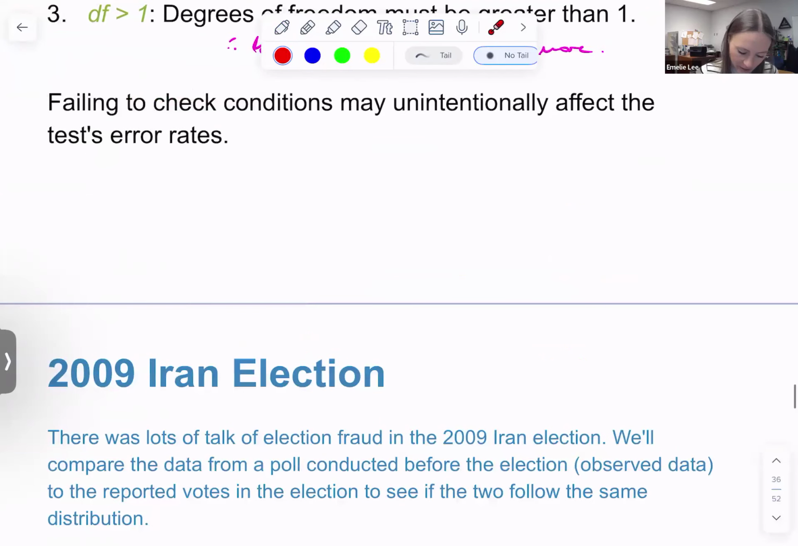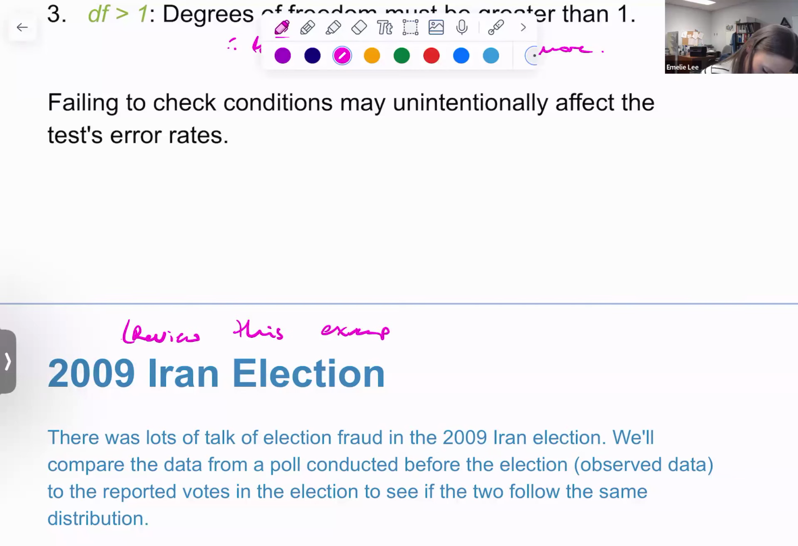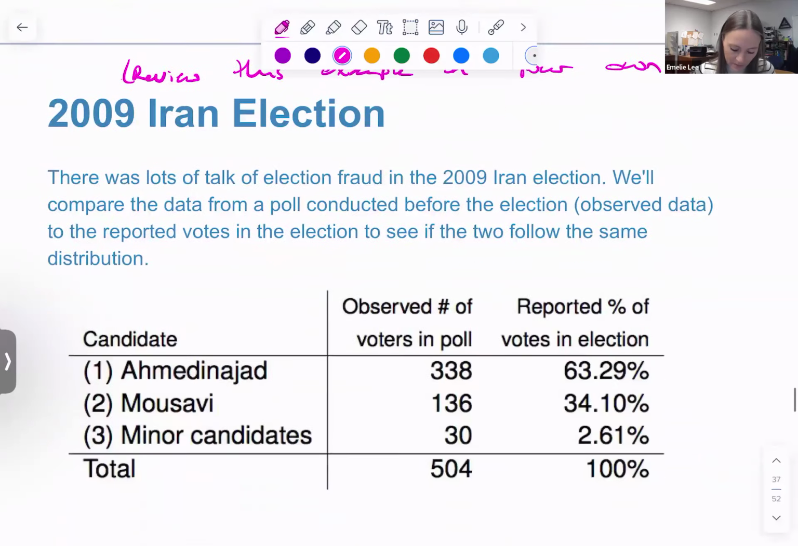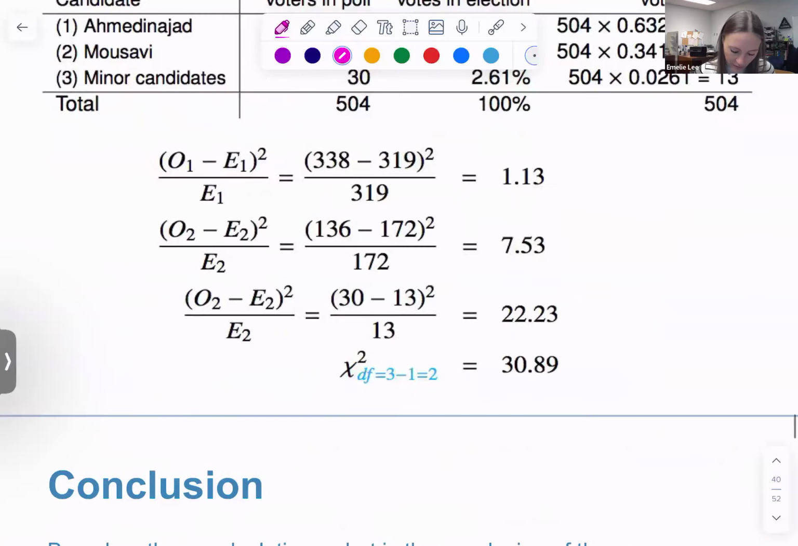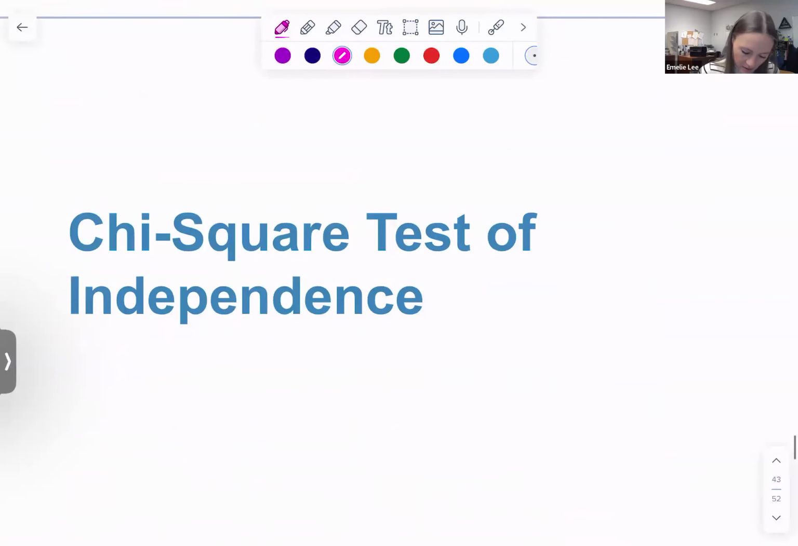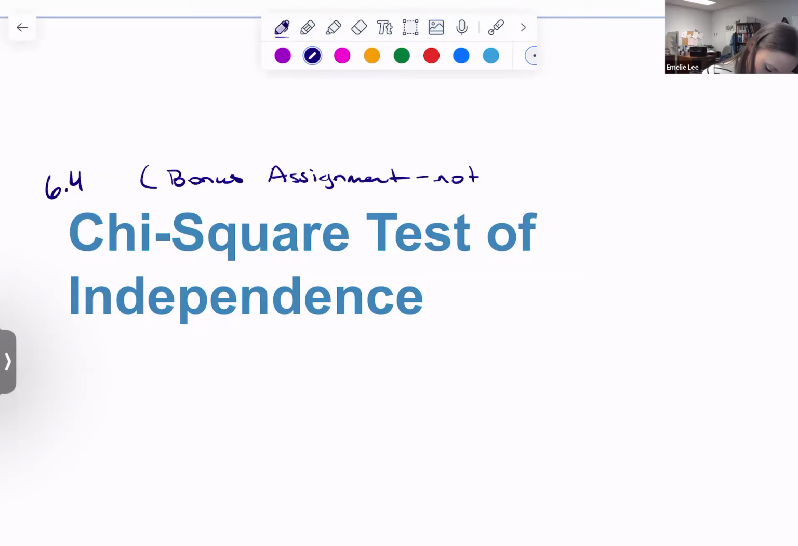Okay. Now here, I want you to review this example on your own for more practice, right? Where we don't assume an even distribution. Now I want to know, okay, I have this hypothesized distribution. Do my counts follow that? And it'll work through it. And then 6.4 will be on a bonus assignment, not covered in class,